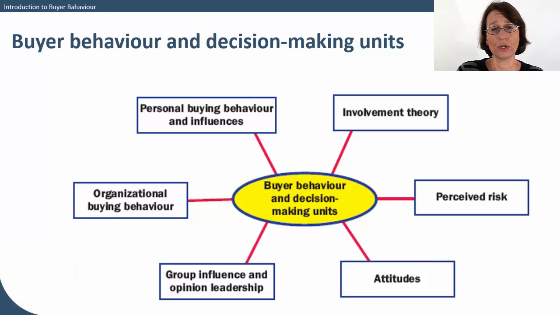So in thinking through buyer behaviour and the decision-making units, think through whether it's organisational behaviour or whether it's consumer behaviour. Consider the attitudes, the influences and opinions of all the people in the decision-making unit. Consider the risk. Is this a large involvement product, or is it a smaller a modified buy or straight rebuy, because that will affect the involvement and the time involved in the decision-making process.